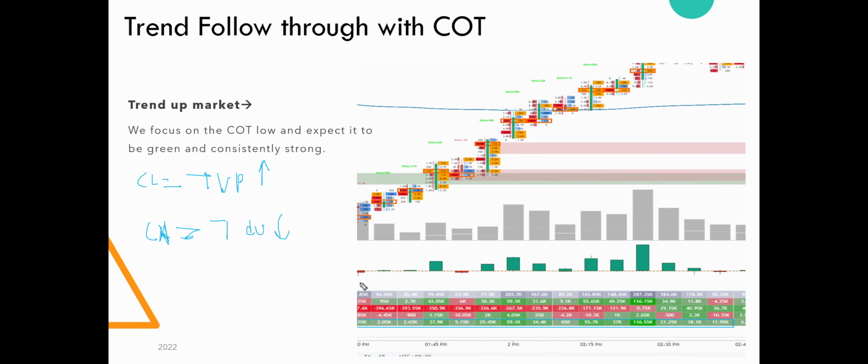Now in this case what you're seeing is, the market made a low here, right? This lower panel is the caught low. Now what I want to ensure is every time within each candle when the market makes a low price, I want buyers to step in. I want buyers to have continuity in this trend, right? So what we see is fairly consistent caught low positive delta values. That means each candle buyers are coming in, and there is not much deviation, which gives you a good hint that the trend is likely to continue on the upside. So this is how you use the trend in caught low.